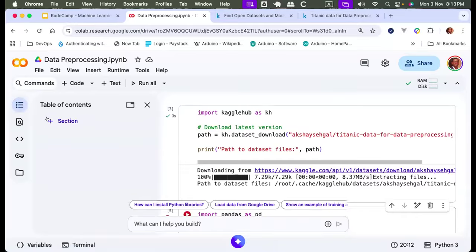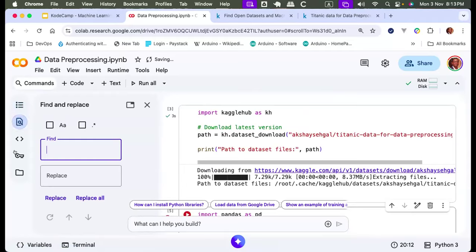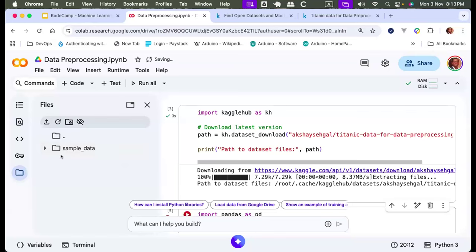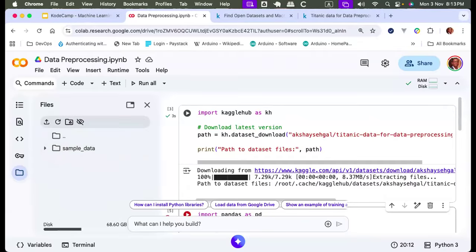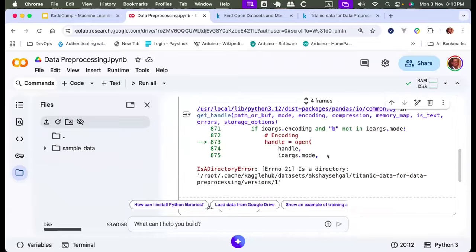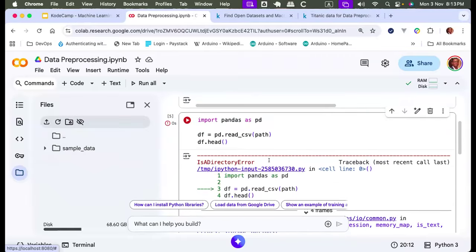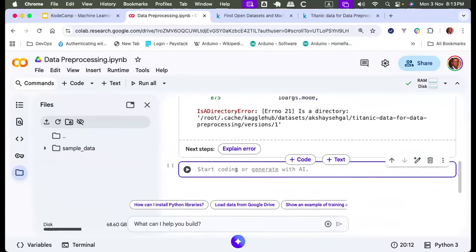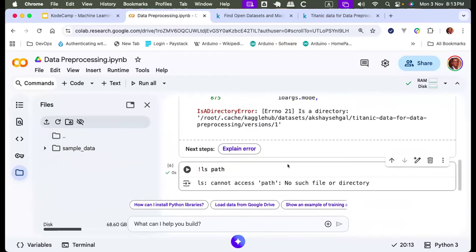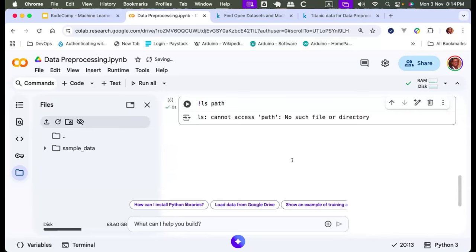In Colab, if you click on this, typically I should be able to see my files here. Okay, click on the folder tab. All right. Let me see. Okay, this is default stuff. So let's do something. I want to look at what is in this because it says it is a directory, so I cannot just open it. So I can write some code here. So let me write this code to ls that directory, right? It says it cannot access